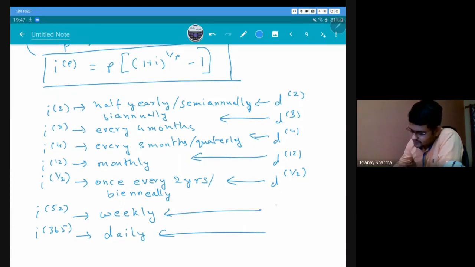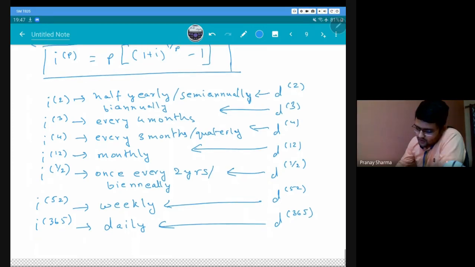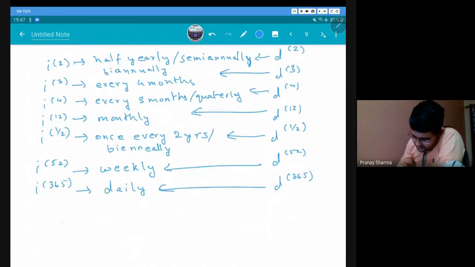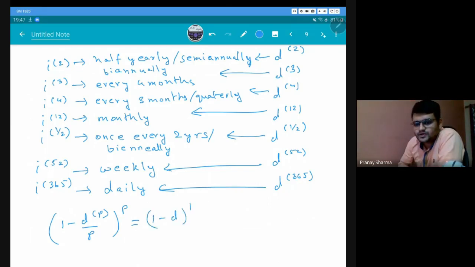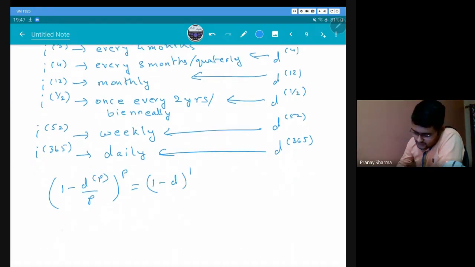We have such values for D as well: D2, D365. And the formulas are also very similar. We get (1 minus dp by p) the whole raised to p will be equal to 1 minus d raised to 1. Okay. So similarly, we get d is equal to 1 minus dp by p, the whole raised to p,